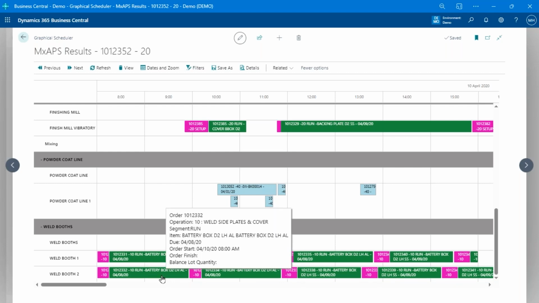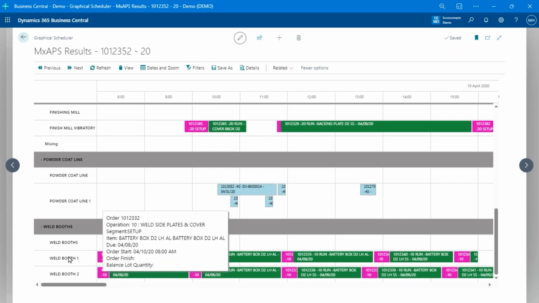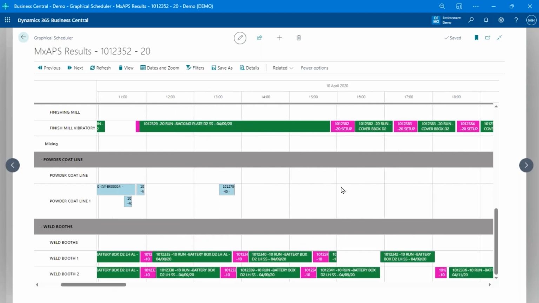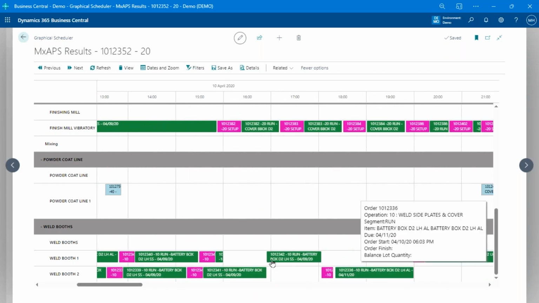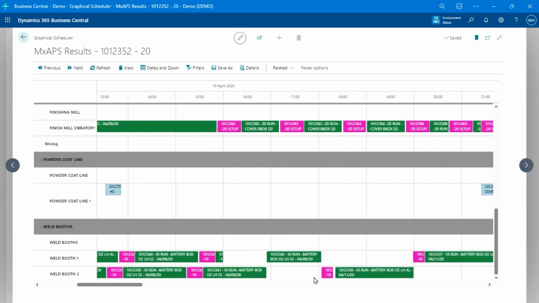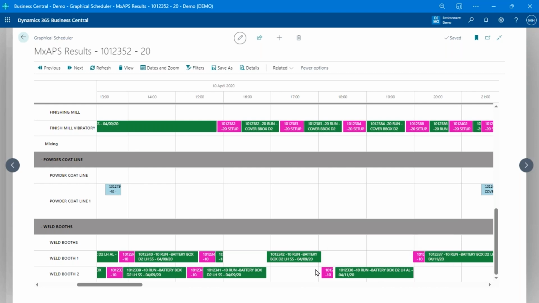Now, the other thing on the welding booths here, I've got capacity for 2 stations there. So I'm running 2 production orders at all times. But at 4 p.m. here, my shift changes, and instead of having 2 people on staff for welding, I now only have 1 person on staff. So you'll see all of a sudden we're only scheduling a single production order at a time, because I only have labor availability to do 1 production order at a time. I've got shop capacity to do 2, but I don't have enough people.